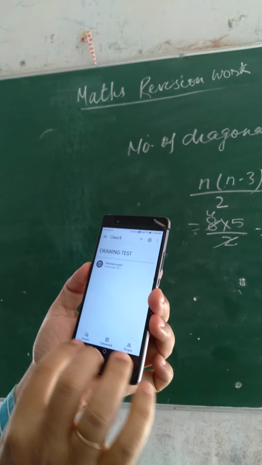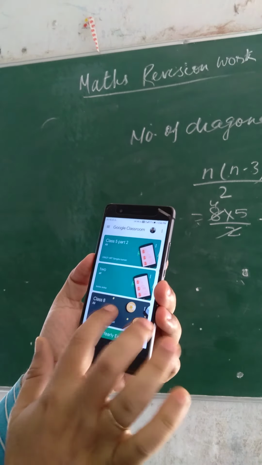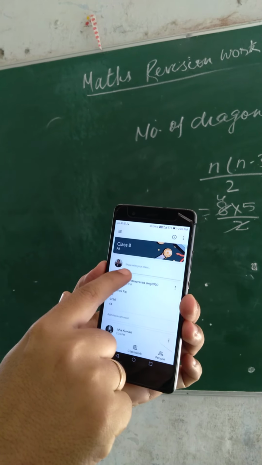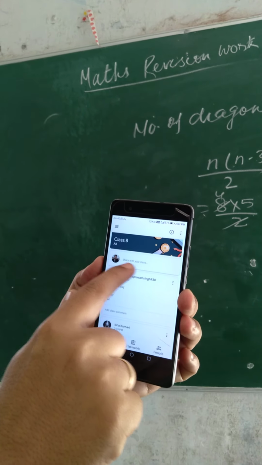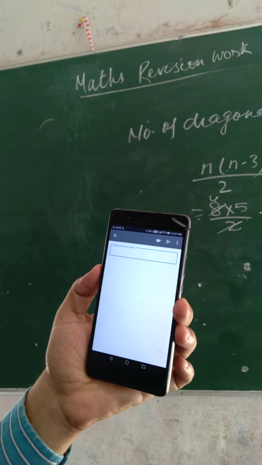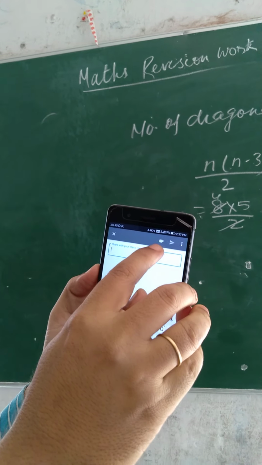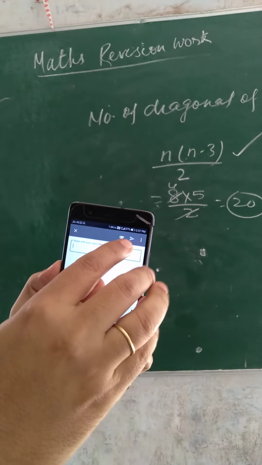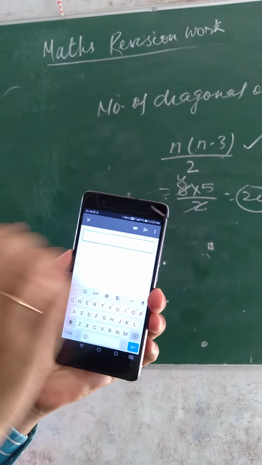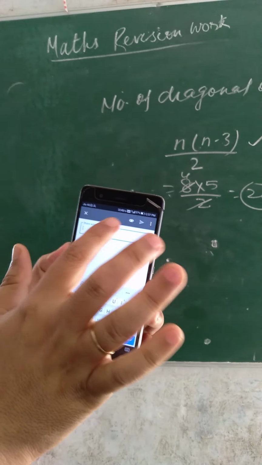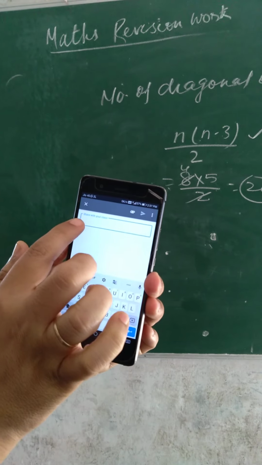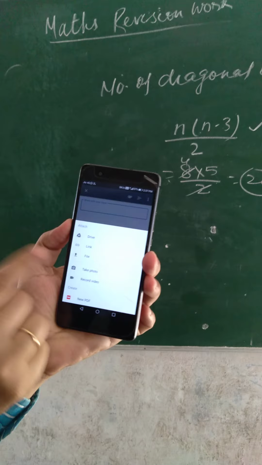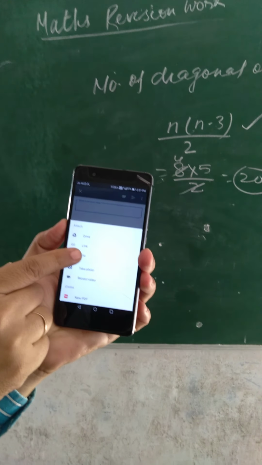and then just select your class, class 8, and you can see share with your class. Click here, and then you have two options. One is the link, which is used to attach your file, and the second one, the arrow key, is used to send your work. Then you have to type your name, admission number, class name, and then click on this link and click on the file option.